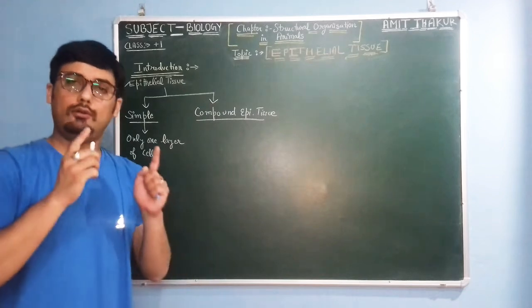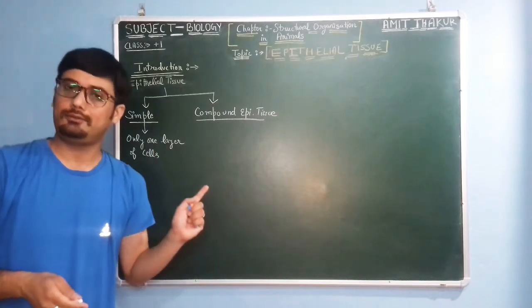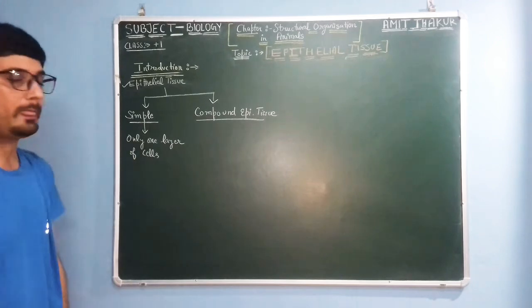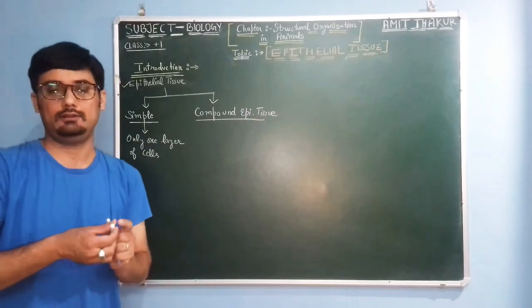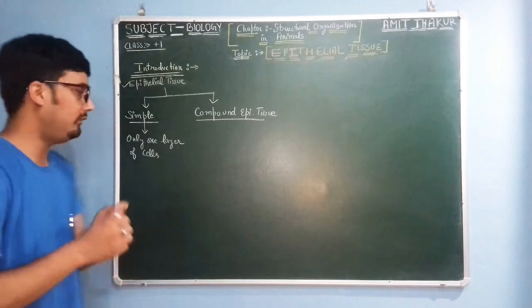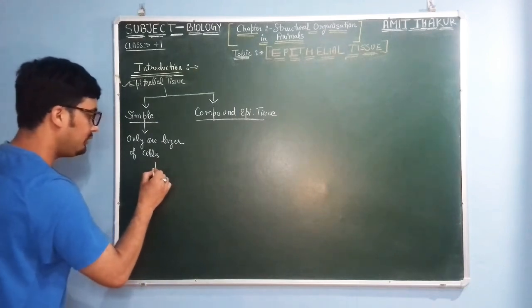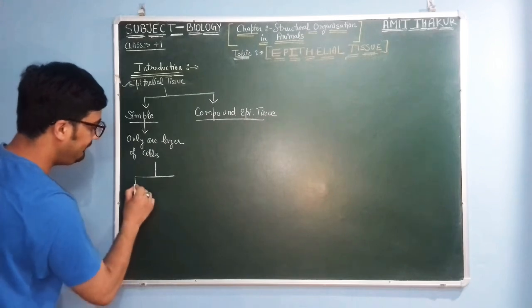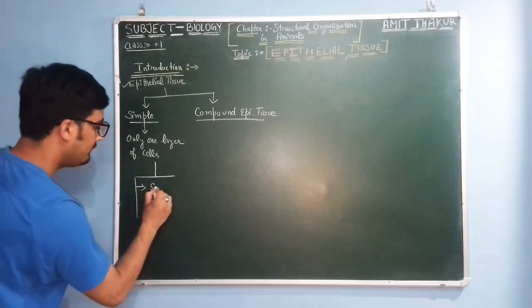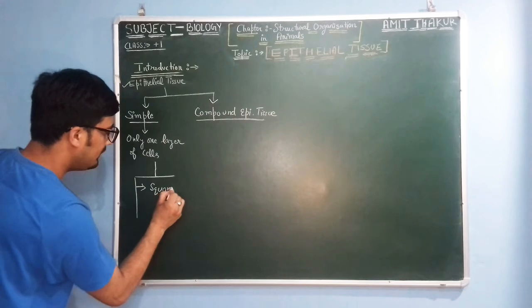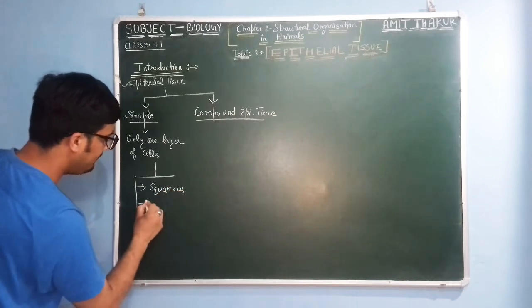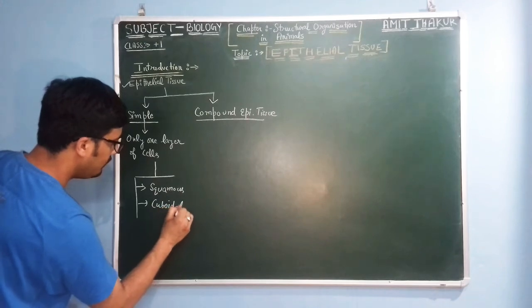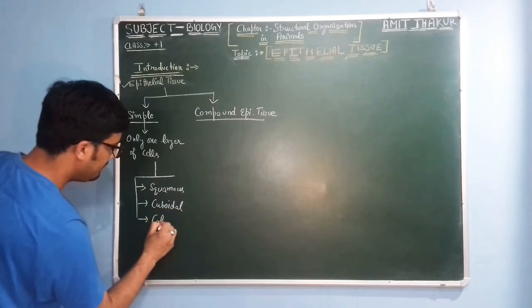Okay, only one layer or a single layer of cells in case of simple epithelial tissue, and on the basis of their structure or modification in their structure or shape, there are three types. कल पढ़ा इनके बारे में, स्क्वेमस, cuboidal and